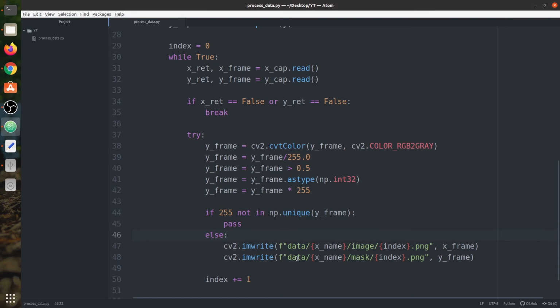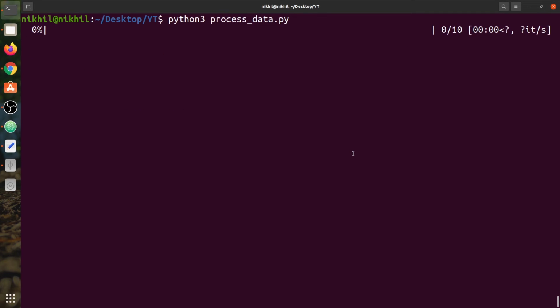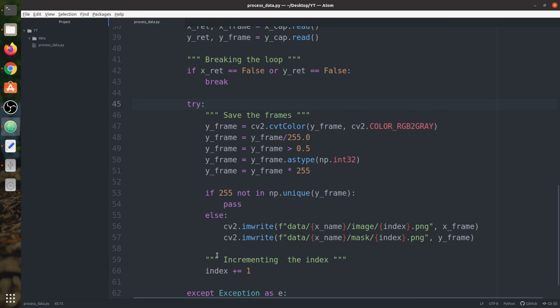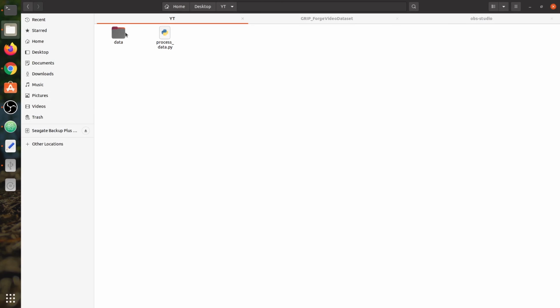Let me remove this folder, and we're going to run this entire program again, and it will take some time. So till then I will pause the video, and when the processing is complete I will unpause it. The processing of all the videos is completed, and it has taken 4 minutes and 51 seconds. So you can see it has taken nearly 5 minutes, and you can see in between we have some errors, and that's why it's better to use a try except statement to capture these, so that your program does not stop in between. And if you look at the data, we have all the 10 folders, and within, okay, we